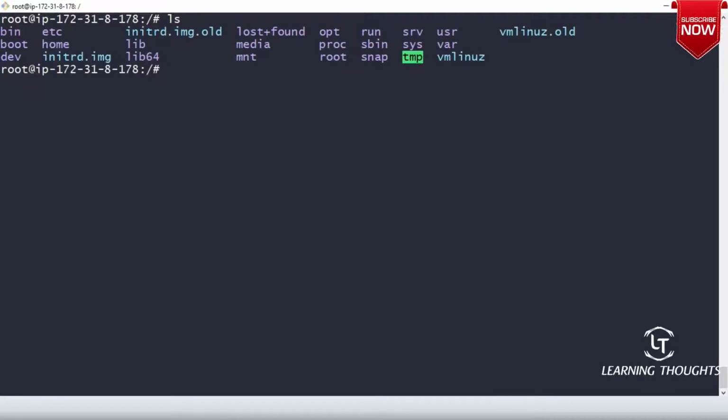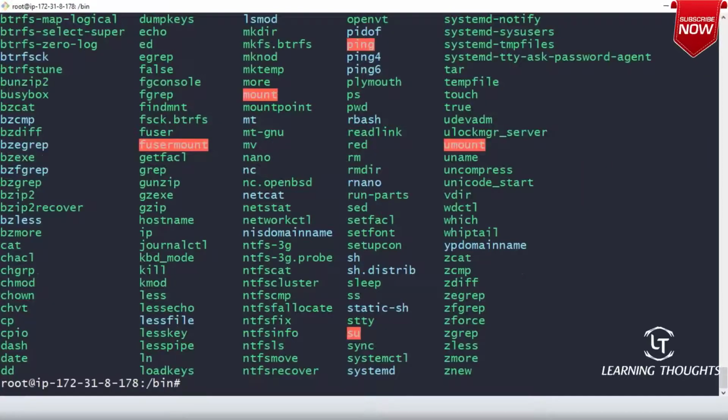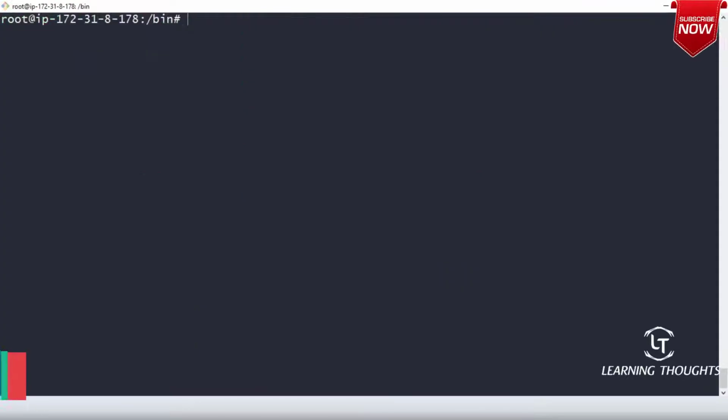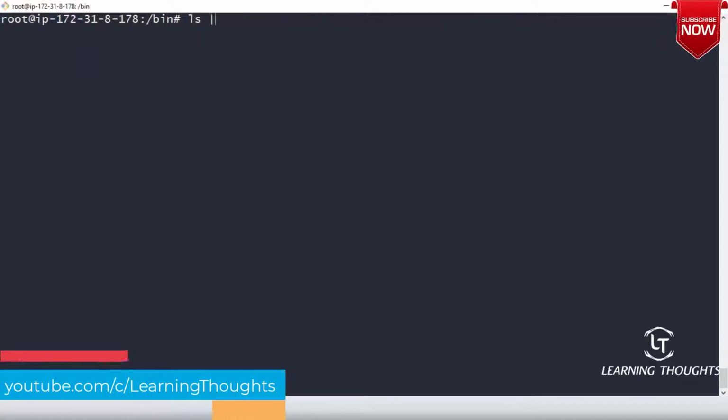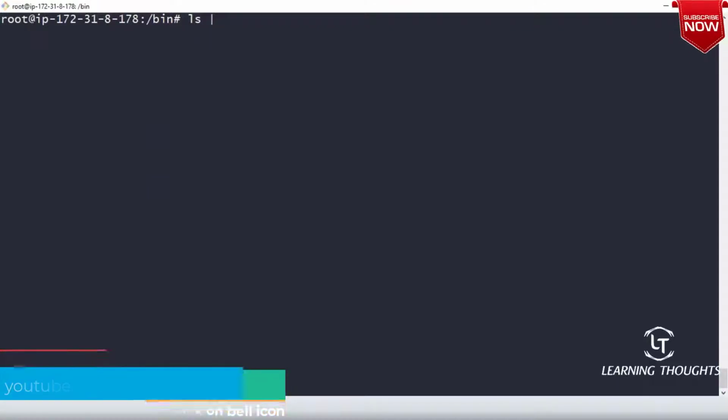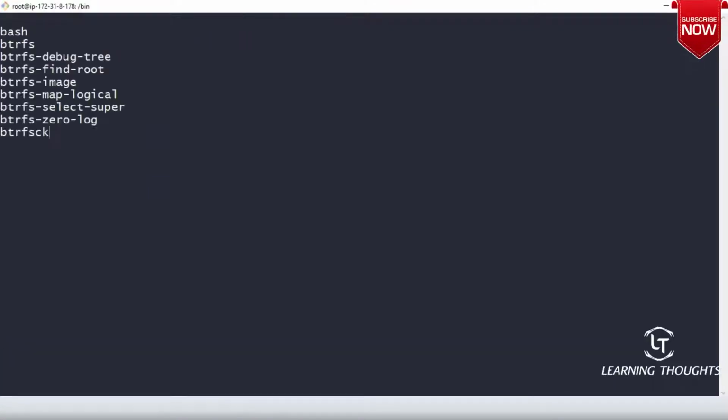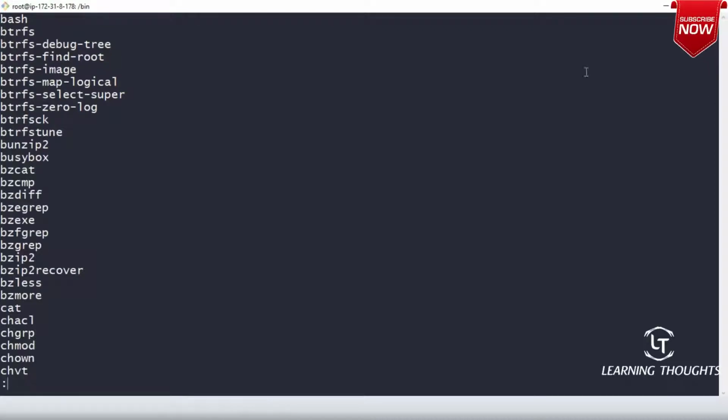Let me get into cd bin. If I type ls, I'll get a lot of stuff. If I want to see them one by one, what would I do? I would pass this to less. So am I able to pass the output of one command into another command using a pipe symbol?